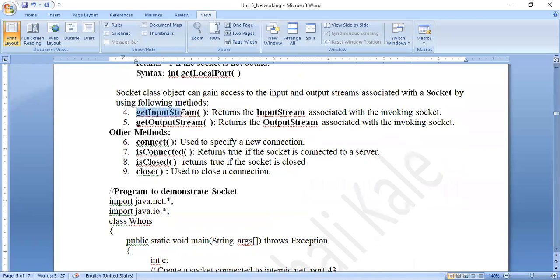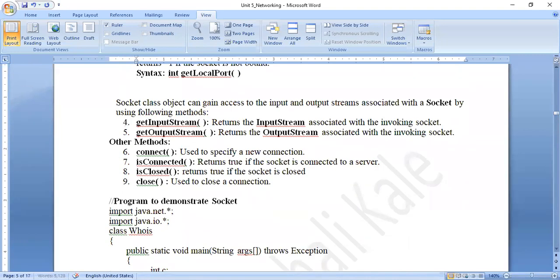One method is getInputStream. Now remember, whenever the socket is created, here we are talking about the TCP/IP socket, and the speciality of the TCP/IP socket is that it establishes a connection-oriented communication. Connection oriented means the information will flow in a particular stream.